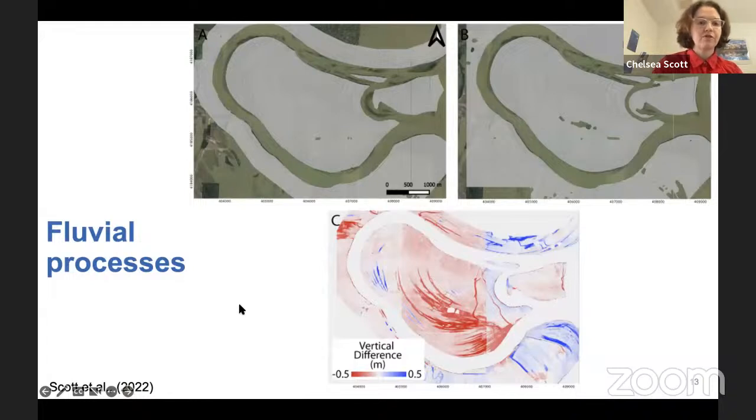You can also see fluvial processes throughout the state of Indiana. This is looking at the river in the very southwestern portion of the state. And again, here we see erosion in red, deposition in blue. And this is an interesting case where these flight alignment errors here that create these north-south stripes do actually make it harder to interpret both the sign and the magnitude of the deformation signal.